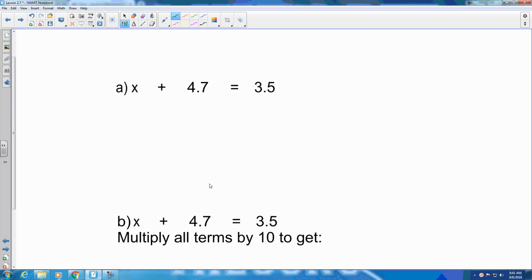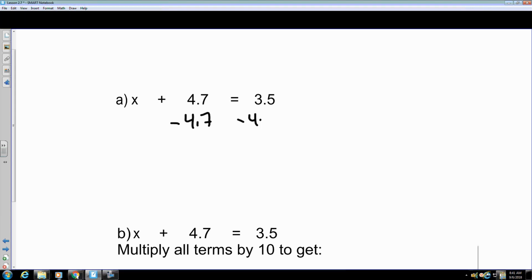I understand that a lot of times students get apprehensive to solve with decimals, especially in an algebraic equation. The best thing to do if you want to eliminate any decimals in the problem is, in this case, to multiply the entire equation by 10. All right, so if you did that,